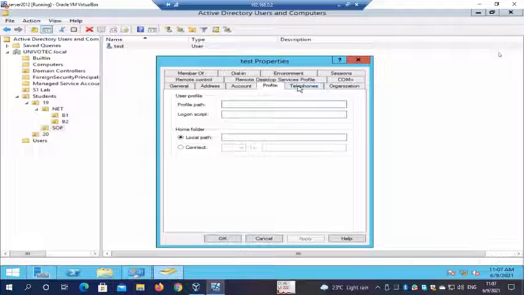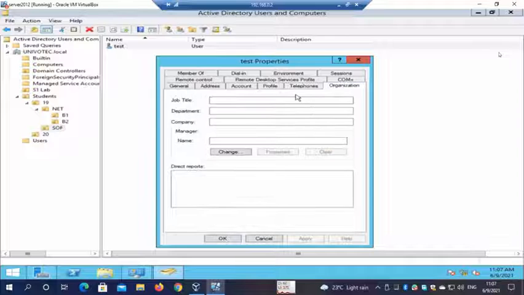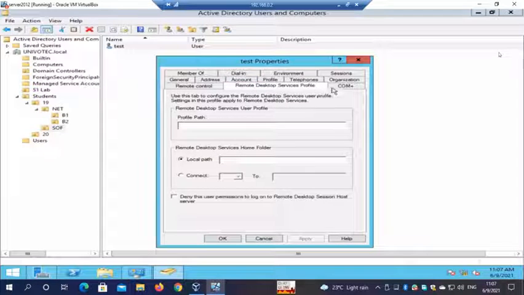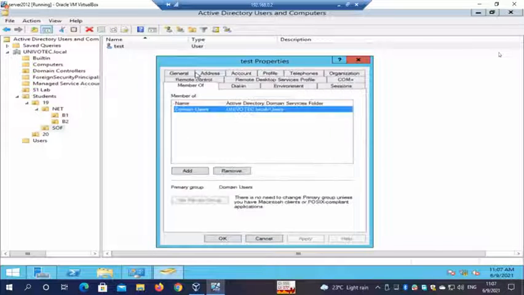Then you have profile path, telephone numbers, job, department, company, some remote control permission. Then you have which groups this user object belongs to. Here this user only belongs to the Domain Users group, which is the minimum security level, right?